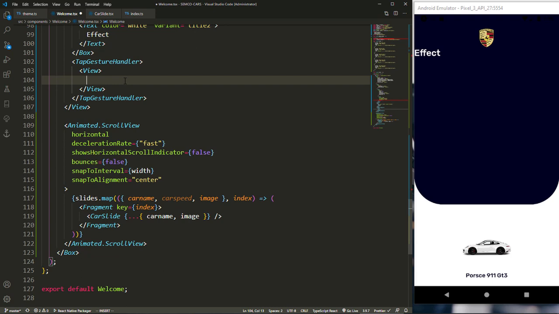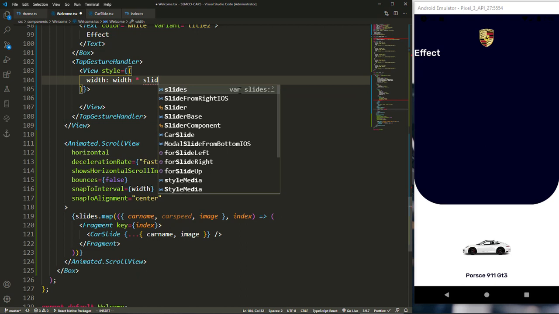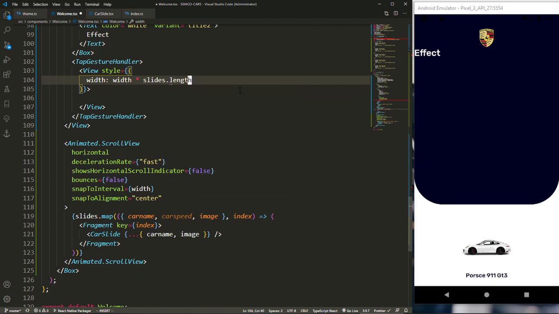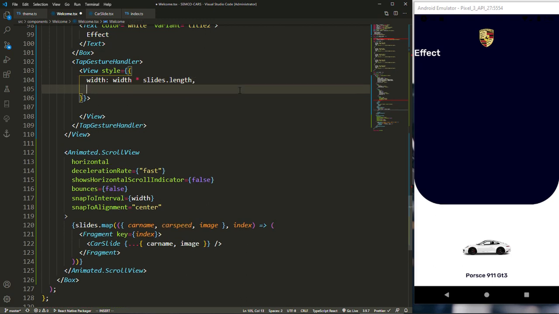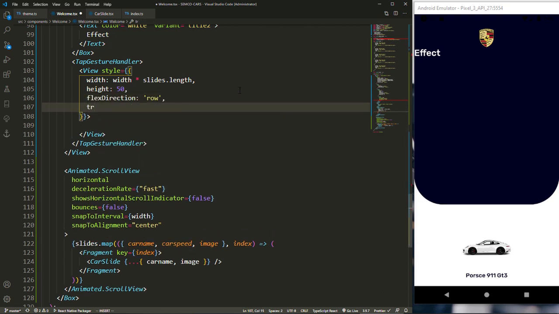So at the bottom here, I have to give this a style. I'm going to give this a width to make use of the full width of this area. Don't worry, we are going to give it a color, so that maybe a red color or a white color, so that we can actually see this area. Then we can put that back to flex end, and this logo automatically will stay at the top. So let me just give this a width. We are going to make use of the screen width, and we are going to multiply this with the slice.length. So we want this to be very wide, and we are going to give this a height of 50, give it a flex direction of row, and also transform